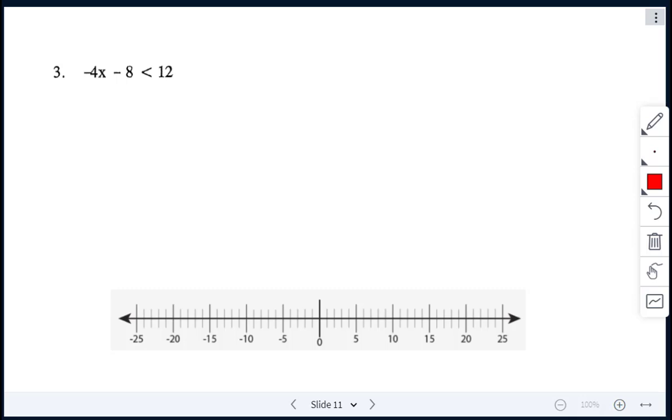All right, let's take a look at our third example. We have negative 4x minus 8 is less than 12. Like always, we're going to start by dealing with this number here. So we're going to add 8 to both sides. That leaves me with negative 4x is less than 20. And now here we are dividing by a negative number. We are dividing by negative 4. So here is that point where we have to reverse